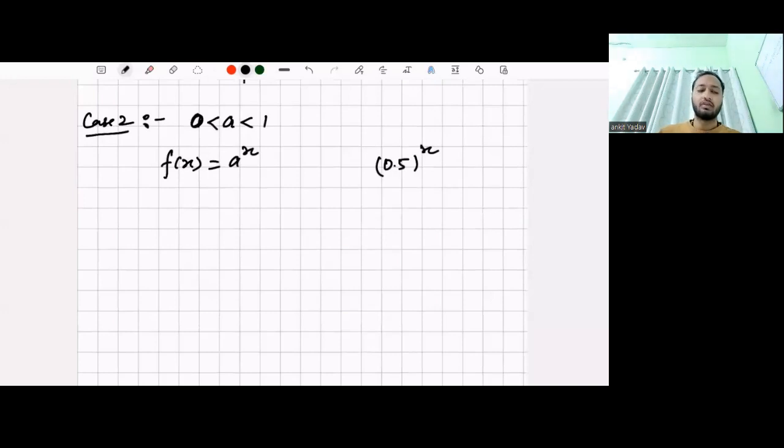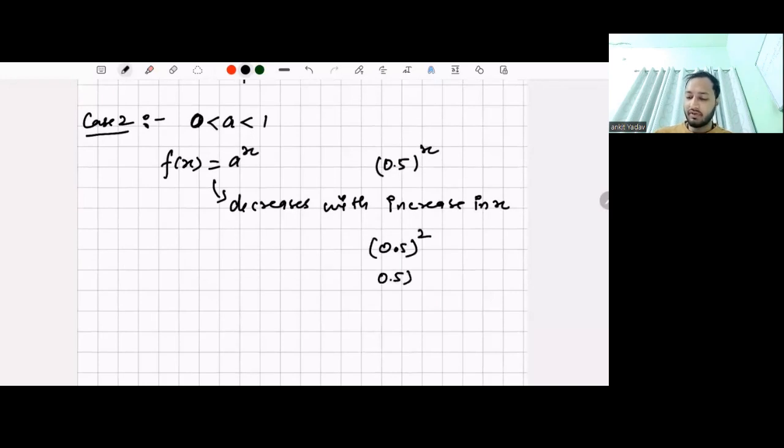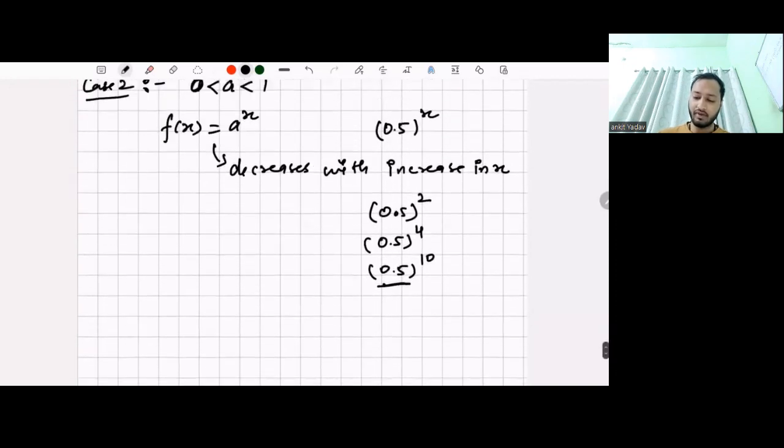अगर वैल्यू 0 से 1 के बीच के अंदर है तो फंक्शन की जो वैल्यू है वो इंक्रीज करेगी या डिक्रीज करेगी, what will happen to the function? Function decreases with increase in x, जैसे जैसे x को इंक्रीज करूंगा वैसे वैसे वैल्यू डिक्रीज करेगी, कि 0.5 की वैल्यू 2, 0.5 की वैल्यू 4, 0.5 की वैल्यू 10, क्योंकि ये 1 से कम है और 0 से ज्यादा है, देन दिस वैल्यू विल कीप ऑन डिक्रीजिंग विद टाइम, ठीक है, तो ग्राफ विल समवट लुक लाइक